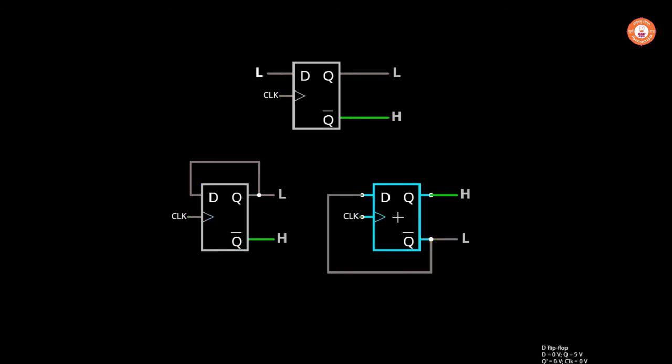But this is the interesting part of the D flip-flop. This is why we are discussing this whole topic, where I have taken the Q complement output and given it as the input. Now when we started the circuit, the Q complement was low, and when the low output is given as the input, the Q output will become low in the next state, and the Q complement output will become high in the next state. And when Q complement, which is high, is given as input, the output will be high and Q complement will be low. So with every state, the two outputs will toggle, and this is how you achieve toggling with the D flip-flop when you give the Q complement output as the input to the D flip-flop.